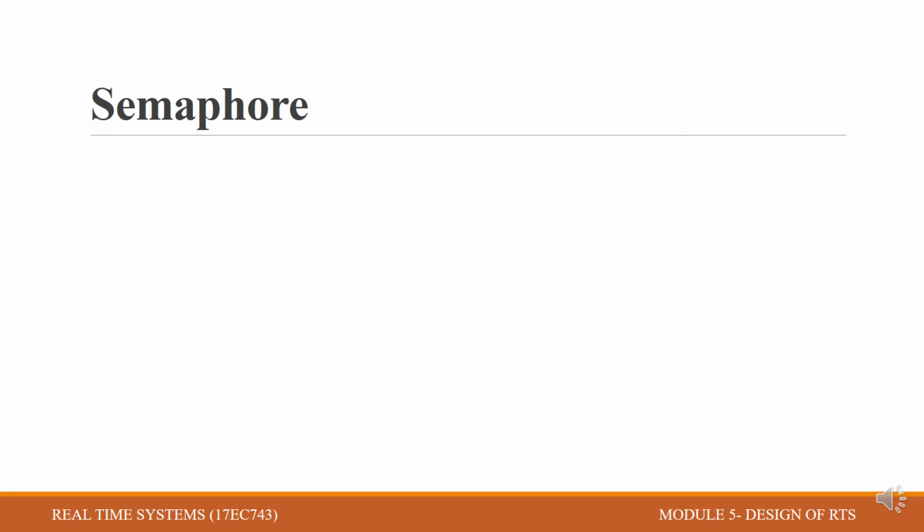Semaphore. A semaphore is a process synchronization tool, and it is a reliable flag-based mutual exclusion system. It is a process synchronization tool, so it gives two types of information. Since it is a binary condition flag, when s is equal to 0, it means that a resource is unavailable and the task has to wait, and if s is equal to 1, it means that a resource is available, okay,